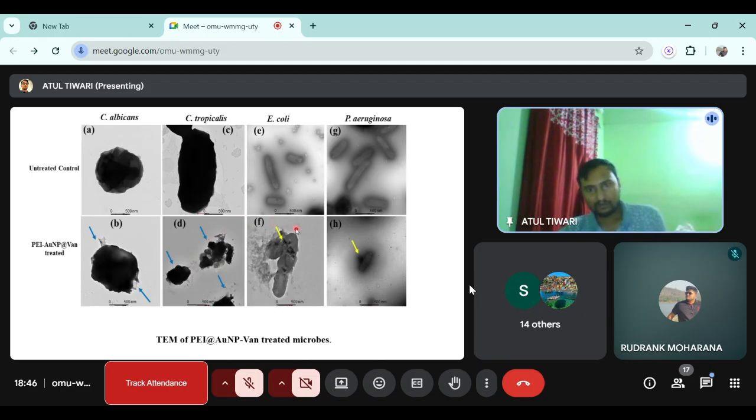Again, in the case of E. coli, the nanoparticles were attached to a specific location on the cell, which indicated the site-specific interaction of the developed nanoparticle vancomycin conjugated system. Again, in Pseudomonas aeruginosa, you can see that some of the nanoparticles were attached to the surface of the Pseudomonas cell, but not on